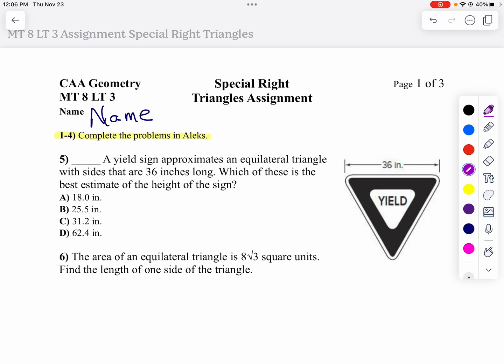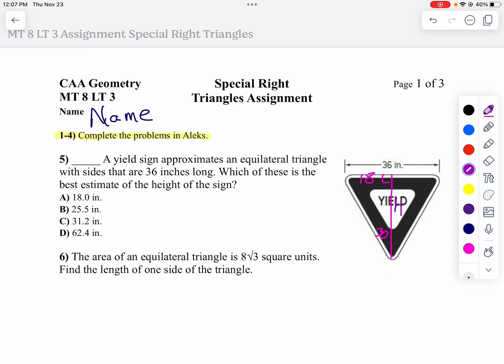On question number one, we've got this yield sign. It's an equilateral triangle. So when I draw in my perpendicular bisector, that's going to cut it in half. It's also an angle bisector, so I got a 30, 60, 90 triangle. And I know my short leg is 30. And I'm asked to find the height